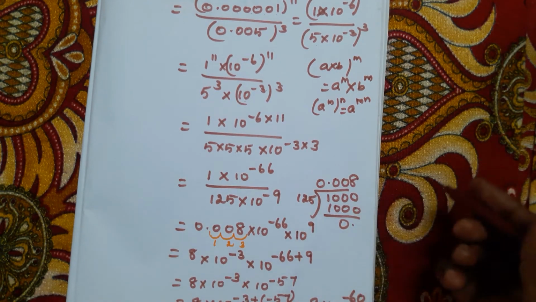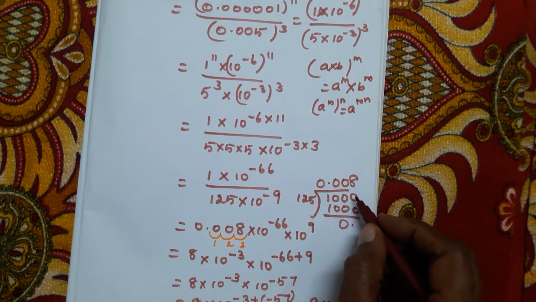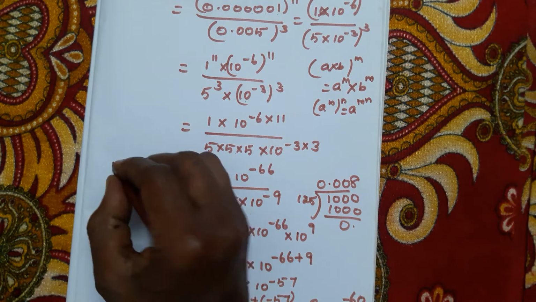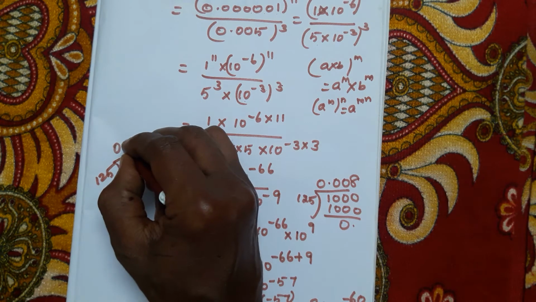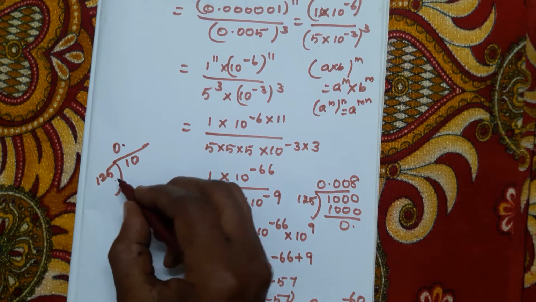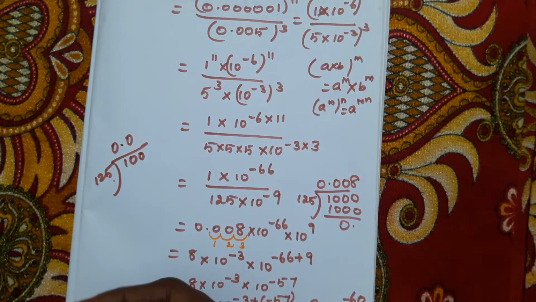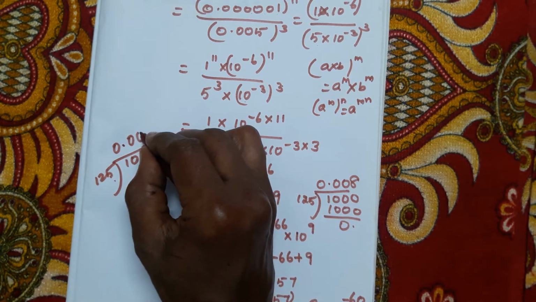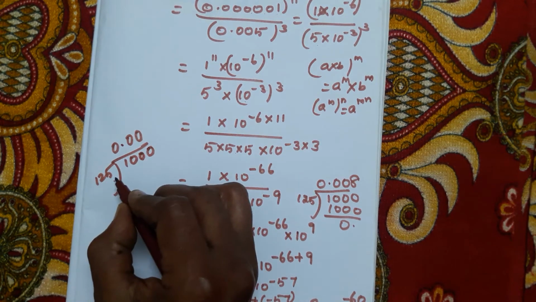Next we have to divide 1 by 125. 1 by 125 is equal to 0.008. How do we have to divide? First 0 point, here 1 0. Now see here, 10 is less than 125. So here 1 0 you want to substitute and here also 1 0 you have to add. Now 100 is less than 125, so you want to write again, include one more 0. Now 1000 is greater than 125.